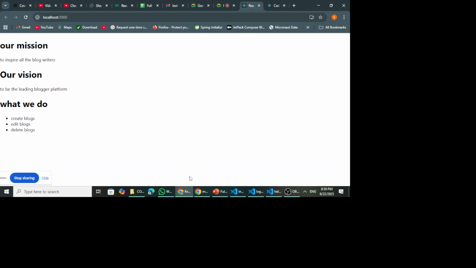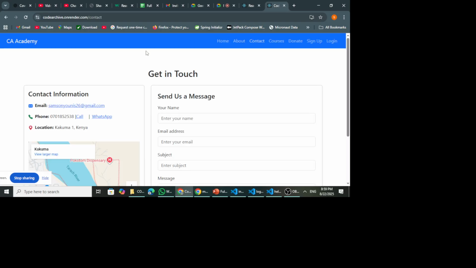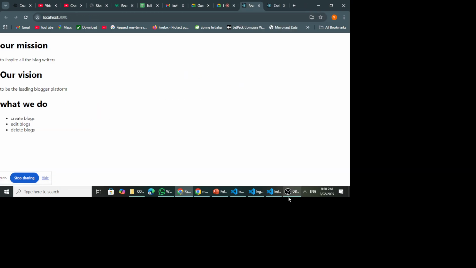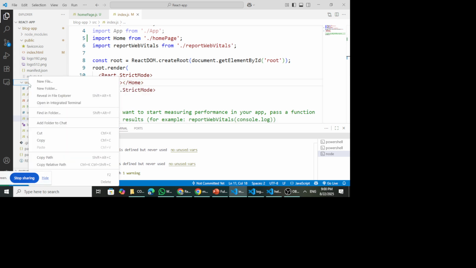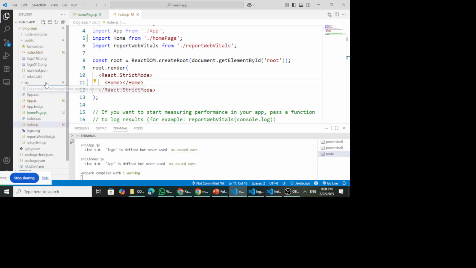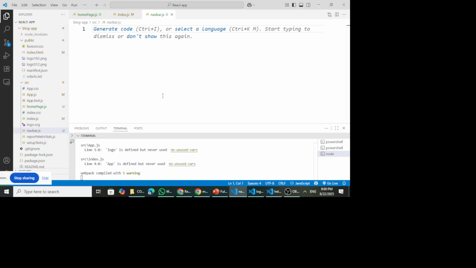So we can create another component, which we call navigation bar. This header is normally called a navigation bar. So when you come to our code, again within the src folder, you can right click on it, click on new file, and we are going to call that component navbar.js. And in that navbar,